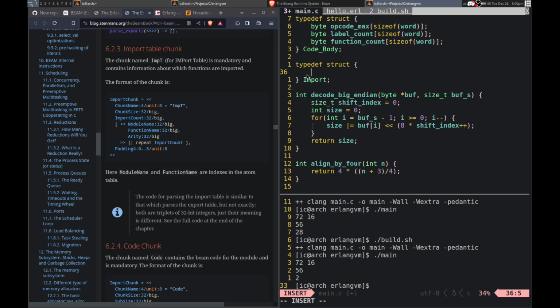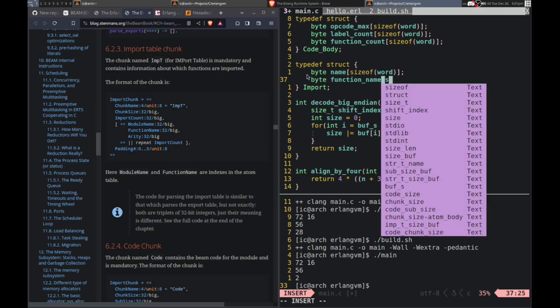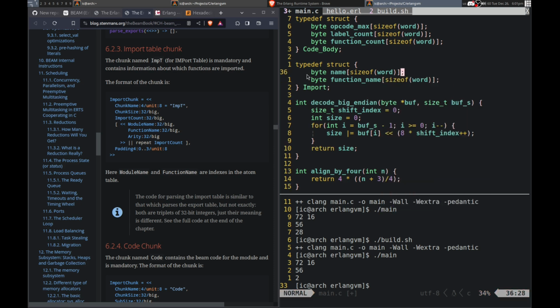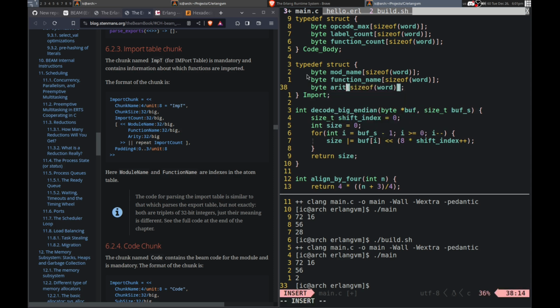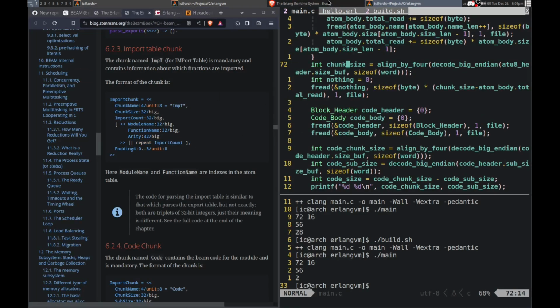So we need a name, function name. Maybe I should call it like that. So this can be module, mod name, and then arity. Alright, that's all that we need to read from there. So we read it import count number of times.